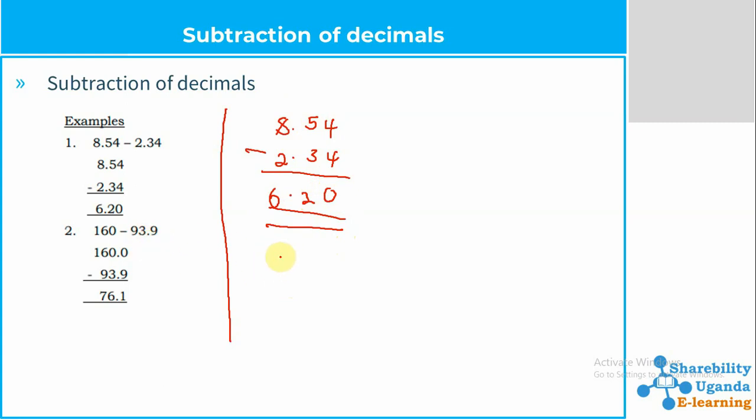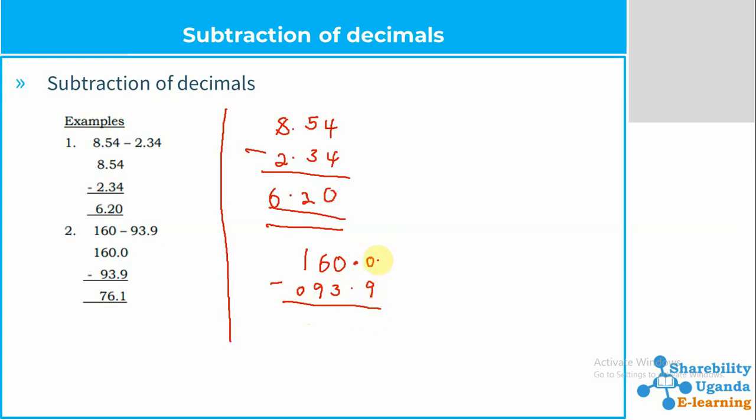Also here, as you can see, you have to be able to arrange it. We have 160, then we are going to subtract what? When you have 160, it is going to be point something something. So now when you have 93, we shall write 93, then the point, then we have 9. So meaning that here we still have zeros. Now also here we have 0. So now when you subtract, this becomes